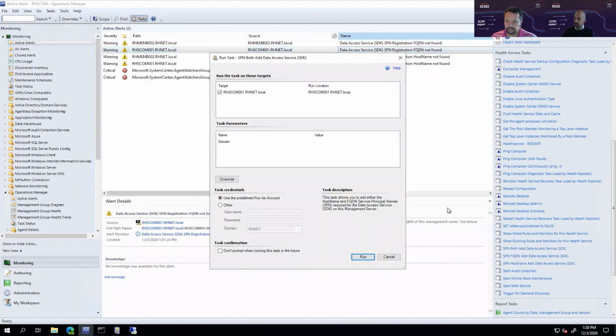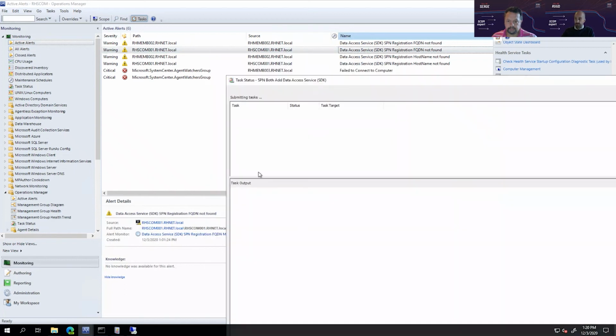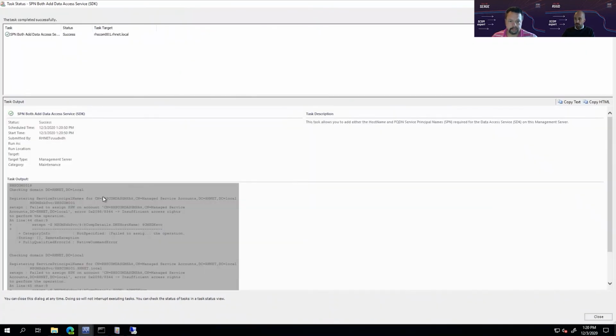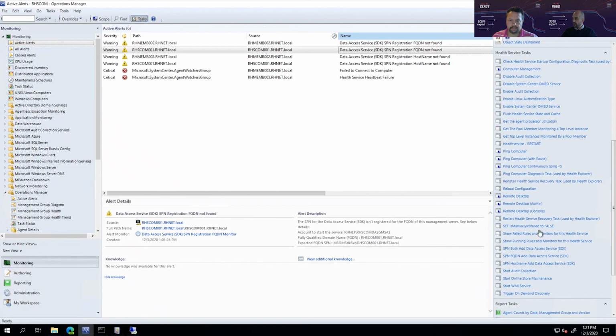So let's just run one. If we would run this with the predefined runners account, so let's try it. If you would run it, make it a bit bigger so you can easily see it. You'll get actually an error, which in this case states insufficient access rights to perform the operation. So why? Because this one runs with the management server action account. So, because you run it with the management server action account, what we do here, if we now run this with my account, which I have the rights,